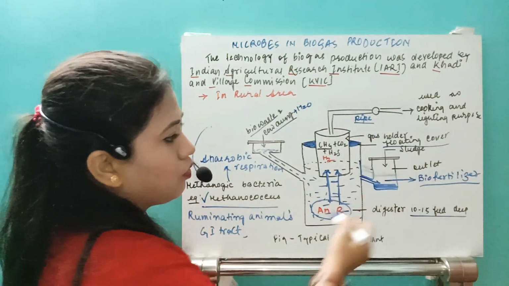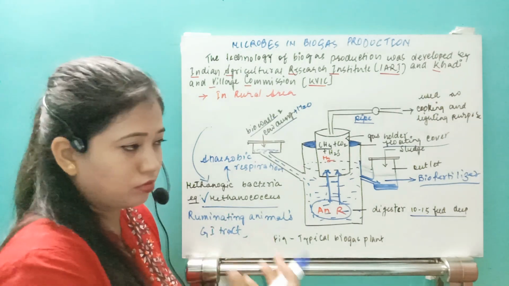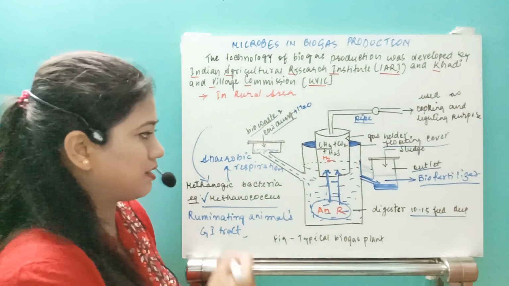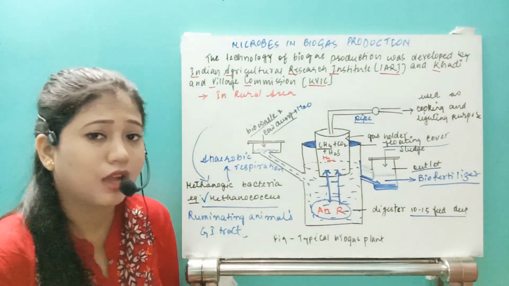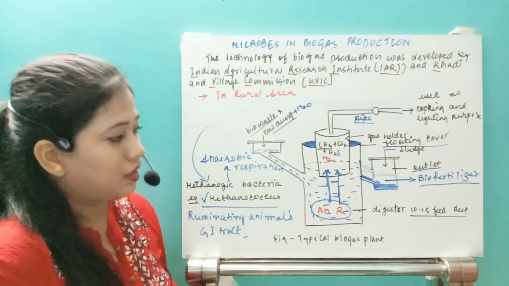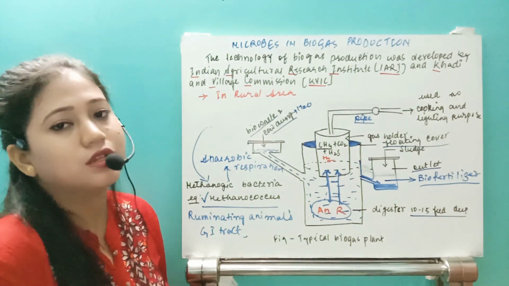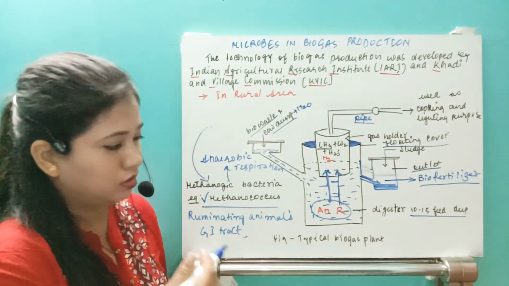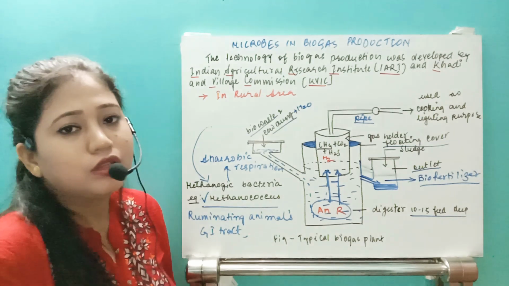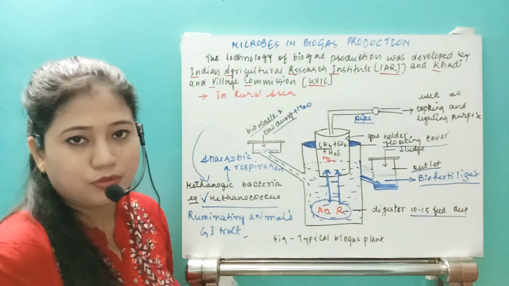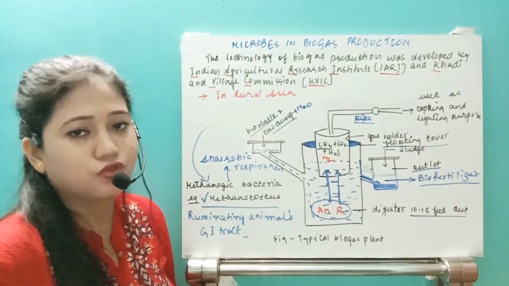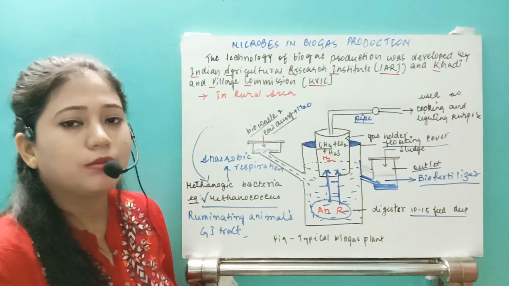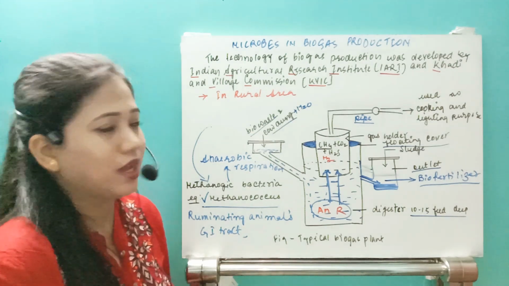Along with that we have another opening, which is an outlet, where the used up cow dung and slurry, the bio waste and the cow dung, is collected. And from time to time, from this outlet, this used cow dung that has already given the biogas can be utilized for other purposes. It can be a good source of bio-fertilizer, isn't it? So this is the whole process of a typical biogas plant.